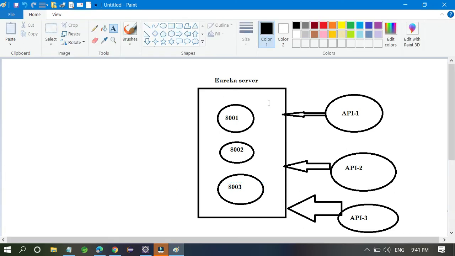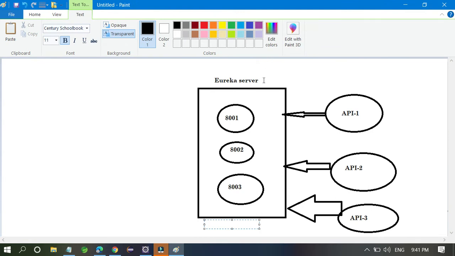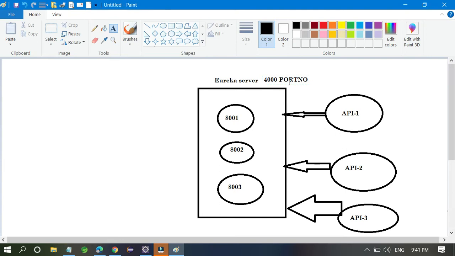And the Eureka server also has a port number. For example, this Eureka server is running on some special port number like 4000. So this is also a port number, another port number on which this API is running.